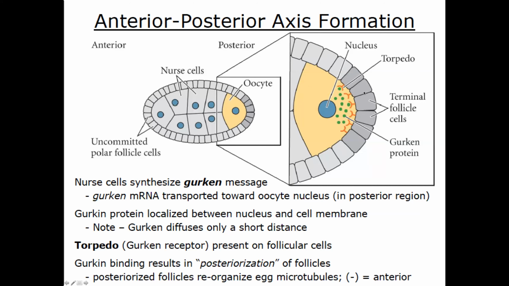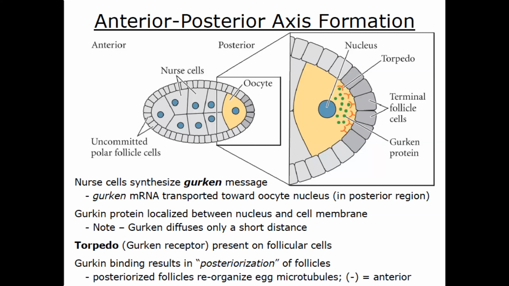So these terminal follicle cells will get specified as posteriorized. Now, once they are posteriorized, meaning the activation of the Torpedo signaling pathway here, this activation will now set up the organization of microtubules in a specific